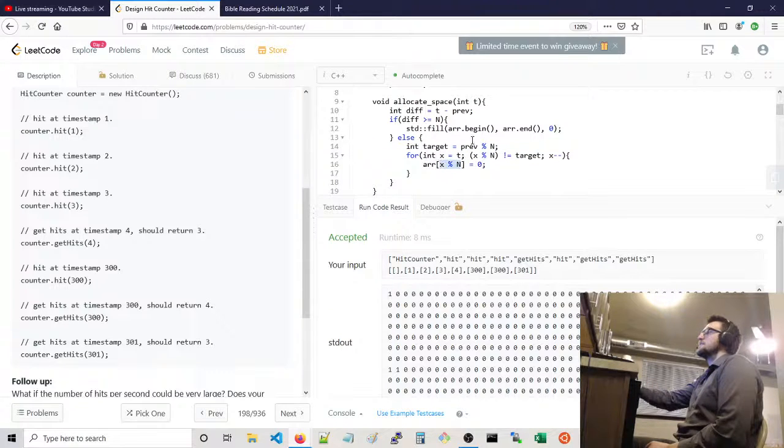Just perform the division each time. This will loop back properly. Yeah, this should be fine. You can maybe speed this up a little bit by throwing in a division in here, but this should be okay. So anyway,